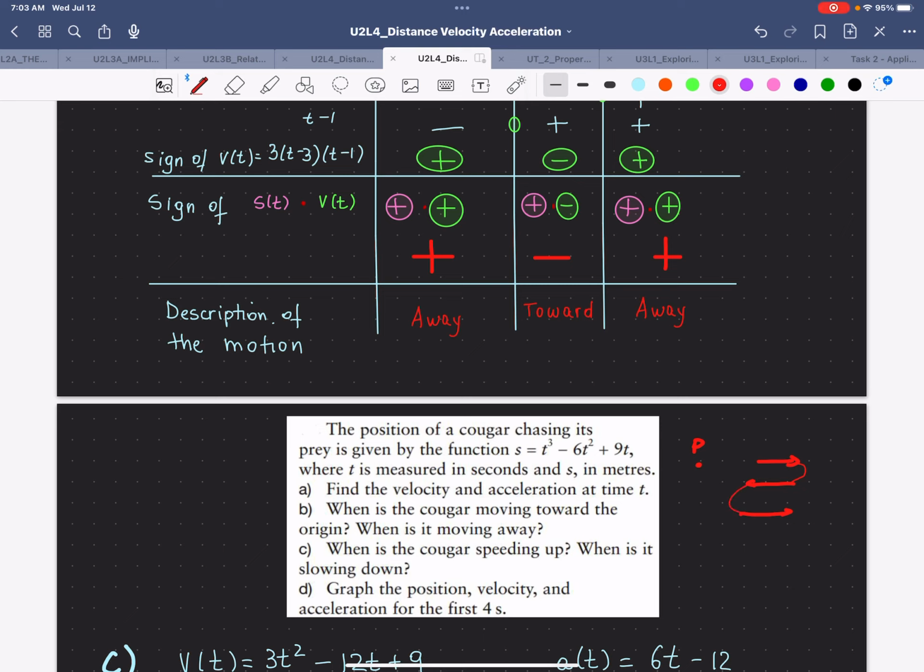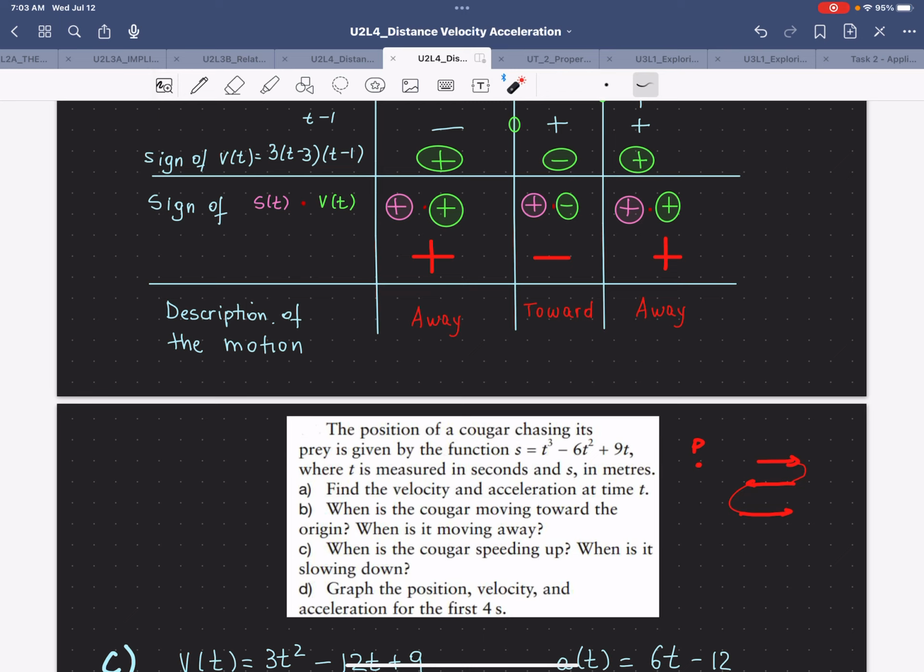And we can easily find the length or the position. This problem doesn't ask, and I don't want to make this problem a lot longer and more complicated, but we can also find the position between these time intervals to see how far the cougar has gone. But in general, this is how I would like you to picture the motion of the cougar, or the path that the cougar would follow, right? The actual